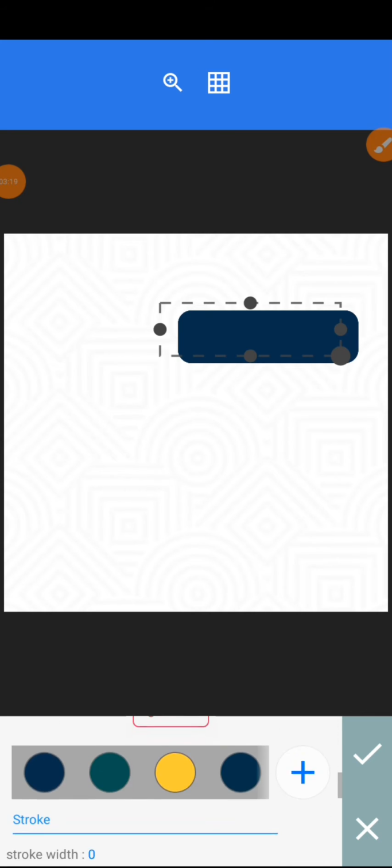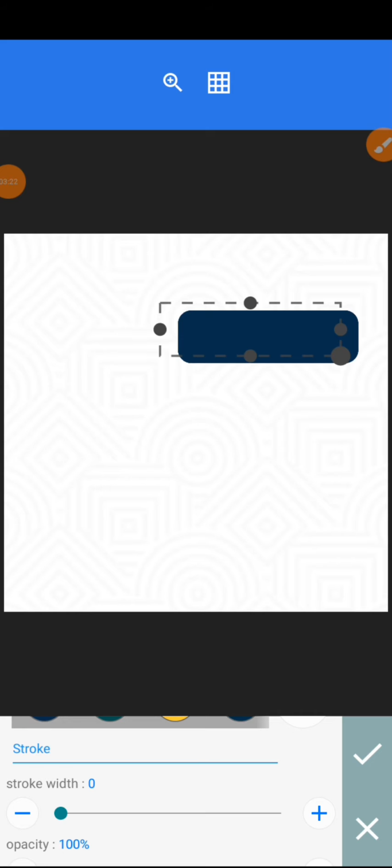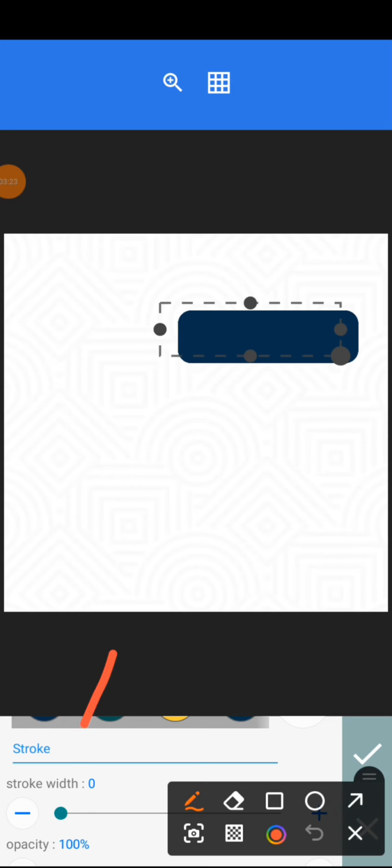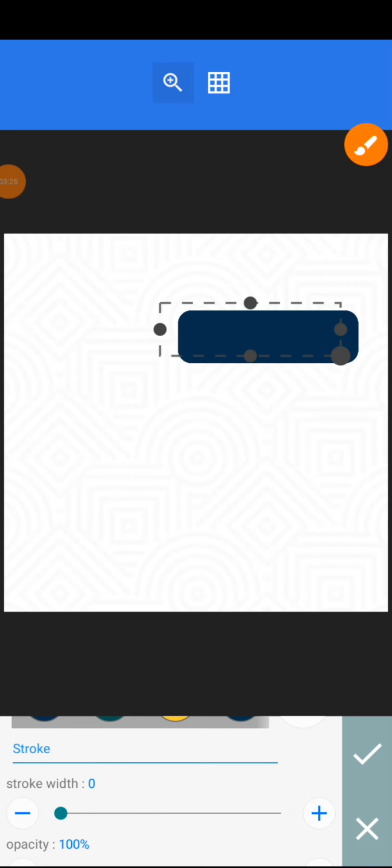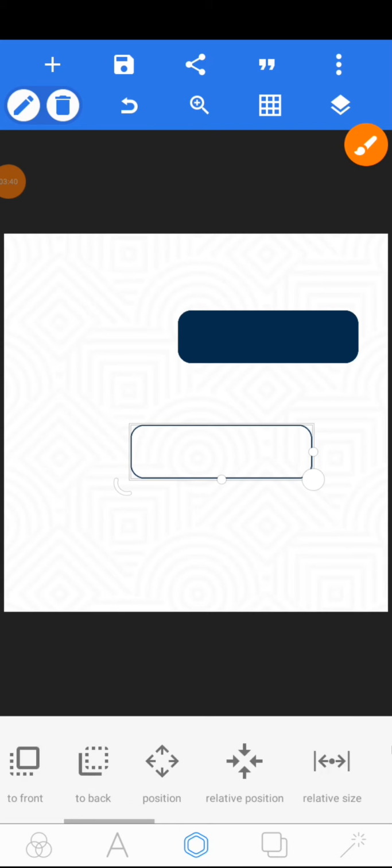And then scroll down again, you find stroke here. All you need to do is increase stroke to 5. 5 is too much. Let's do 2. Yeah, so 2, and then click on the bigger circle here to reduce the size